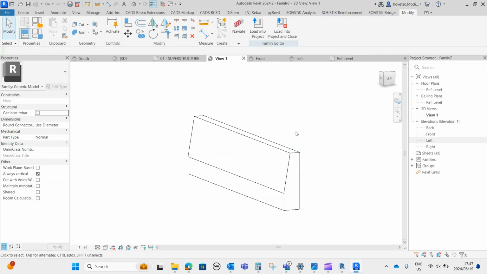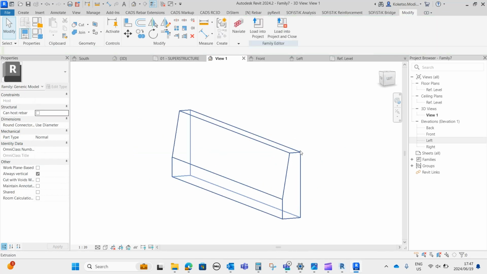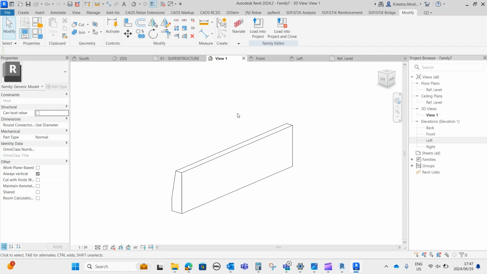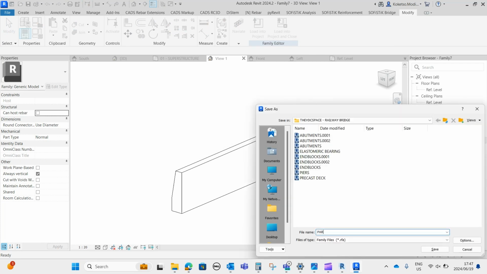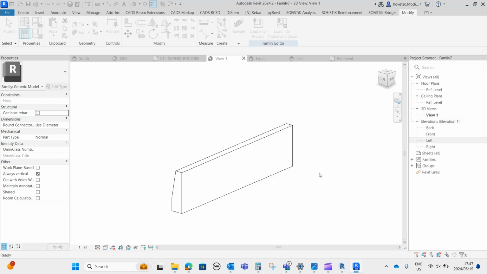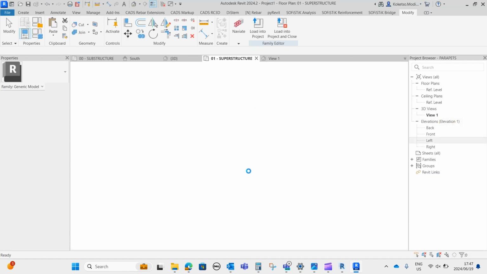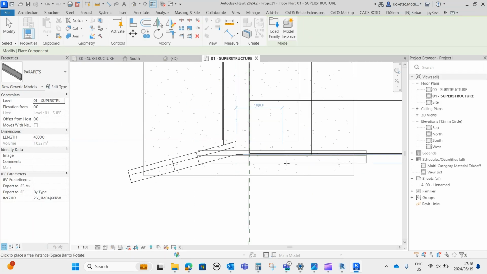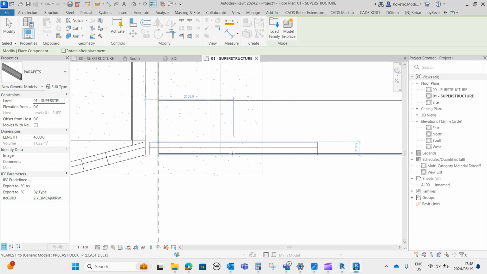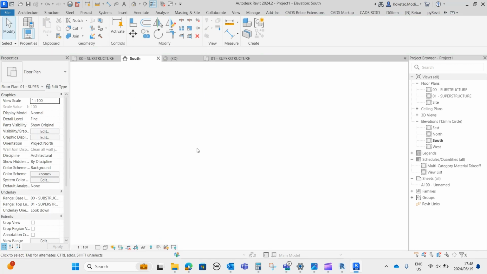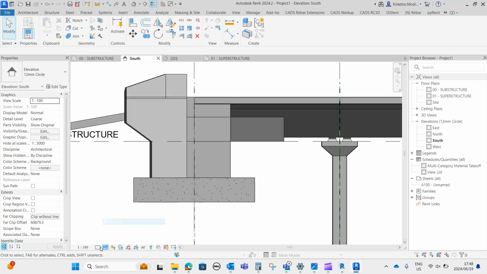I'm not gonna apply chamfers towards the edges, just want this tutorial to go as fast as it can. So I'm gonna load it into our project and save it, and I'm just gonna name it parapets and say save. And go to the superstructure, and then I'm just gonna place it like that. Go to the south elevation, and let me just change this to shaded, and I'm gonna select my parapet,